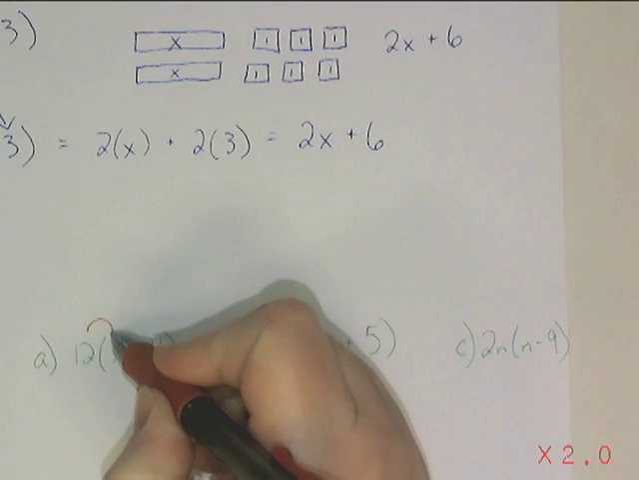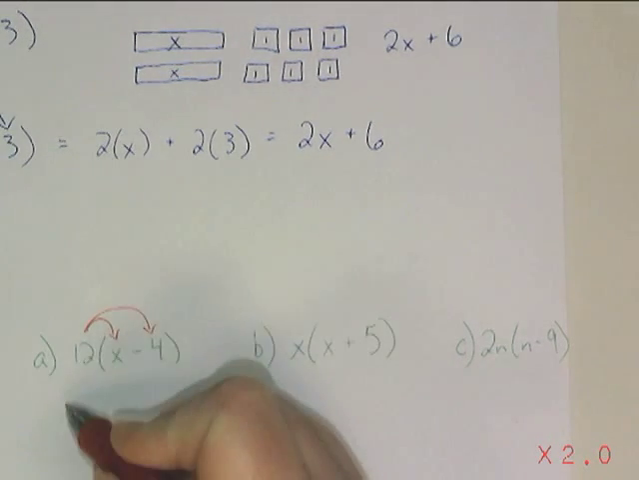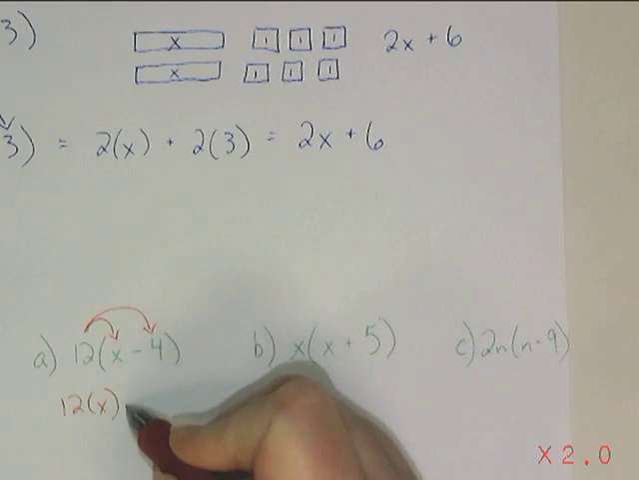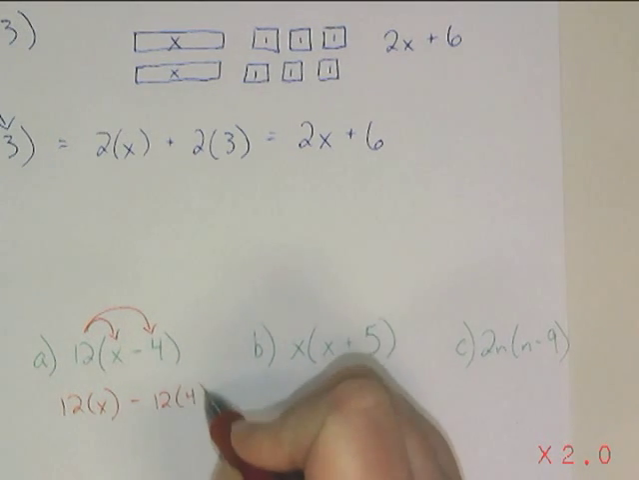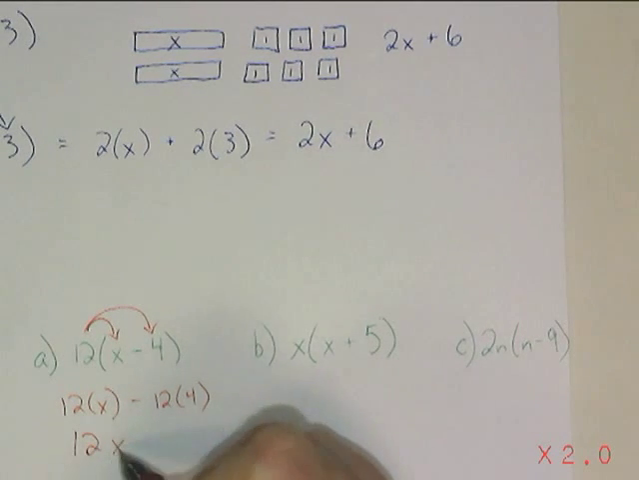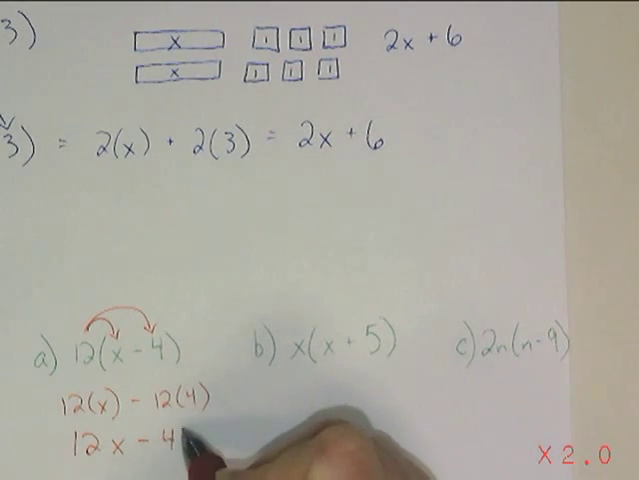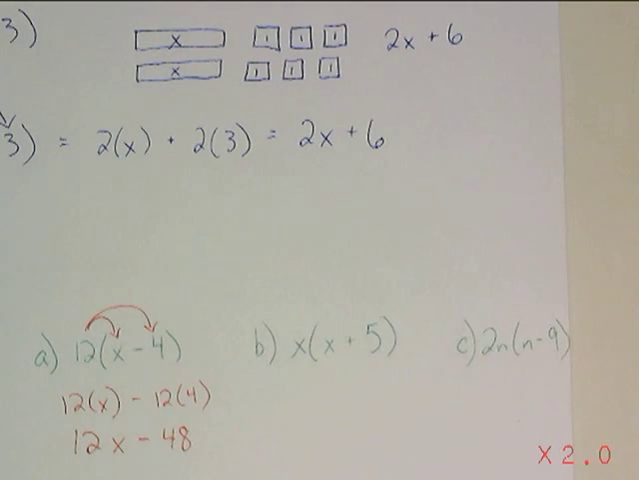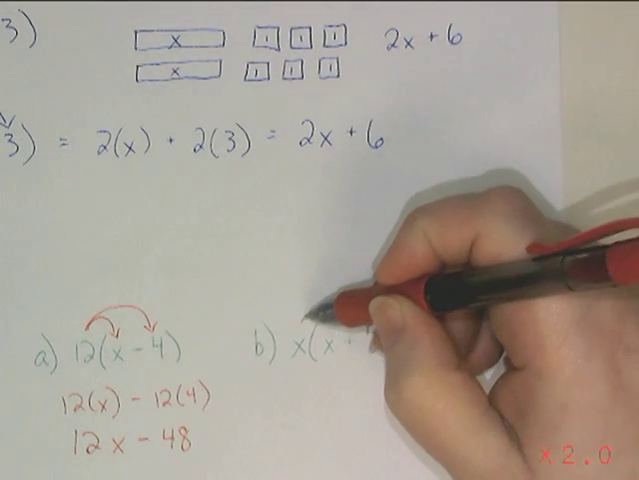12 needs to be multiplied by x and by 4. 12 times x is 12x, and 12 times 4 is 48. For letter B,